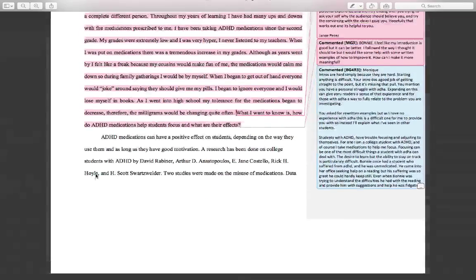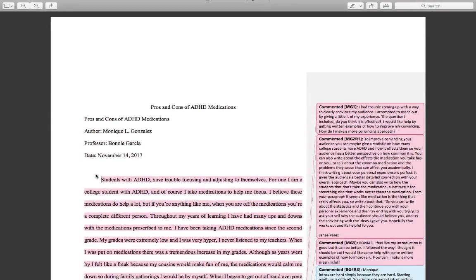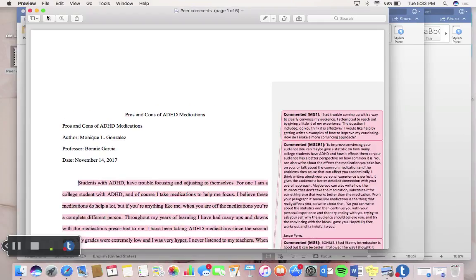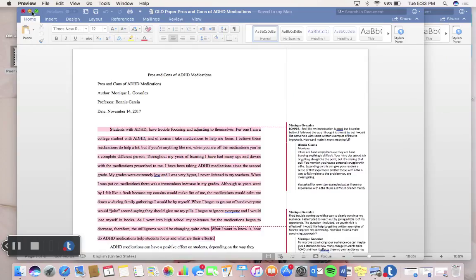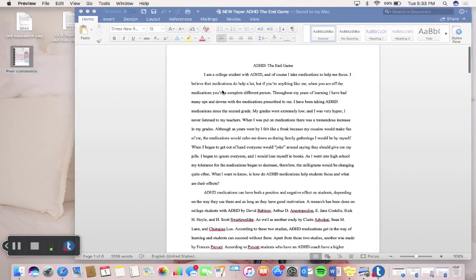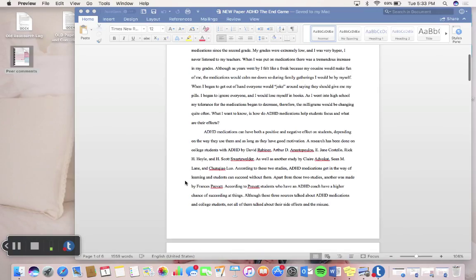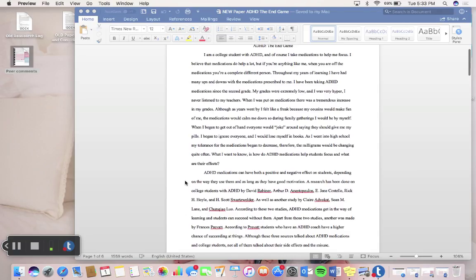And then also, going back to my final draft, we published it into a magazine, and we were separated into two groups, the magazine team and the website team.